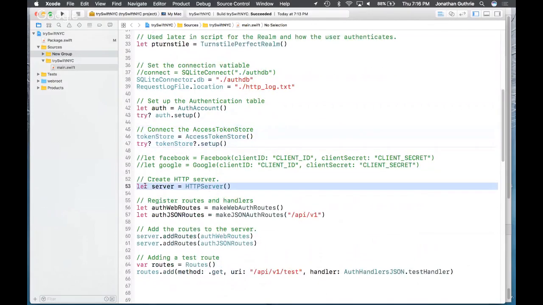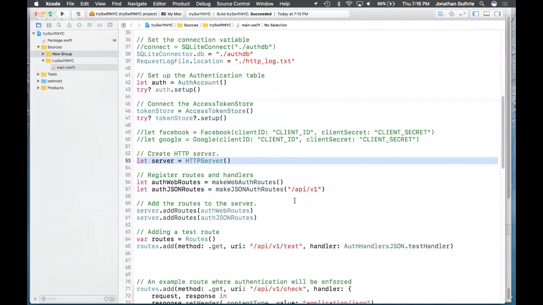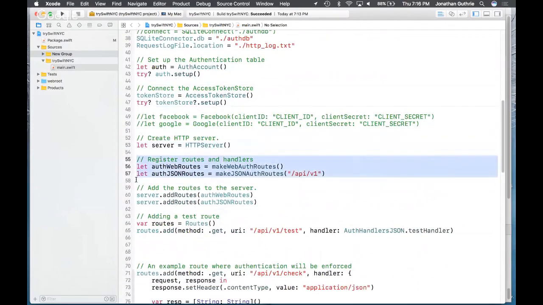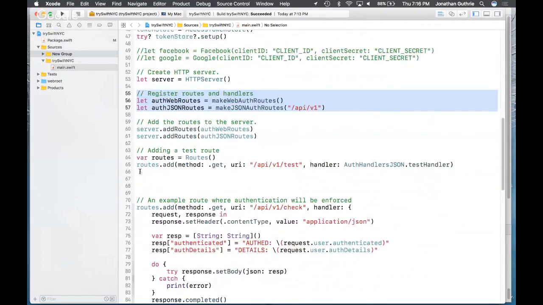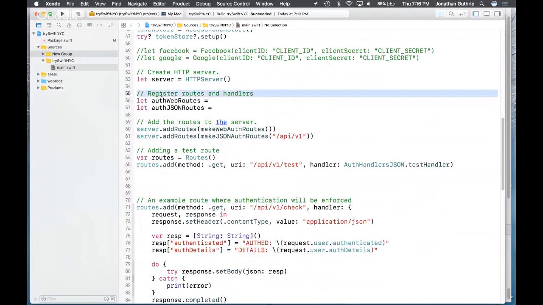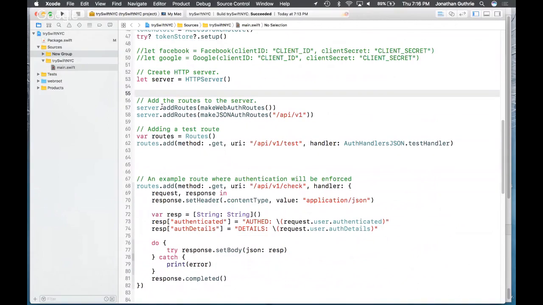We're setting up our HTTP server, line 53. We're adding some routes, and I'll explain the routes to you in a few minutes. These are our authentication routes, and they come standard. We don't have to do anything with them. They're just there for us by default. Then we're physically adding them to the server. Now I'm going to make a change to make this slightly simpler. We can define those directly in there, so that cuts down a couple of lines of code.